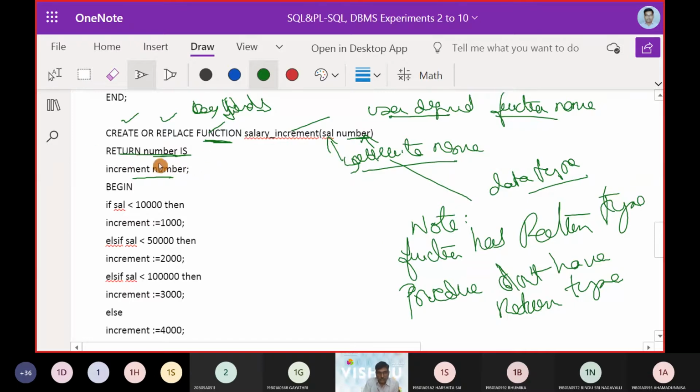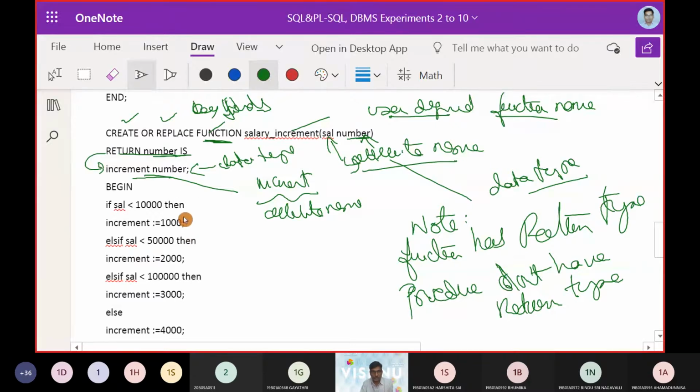The return type is going to be increment, and it belongs to the data type called number. So increment is the attribute name, and number is the data type. Return should always be a number. That is what the function is going to take up.